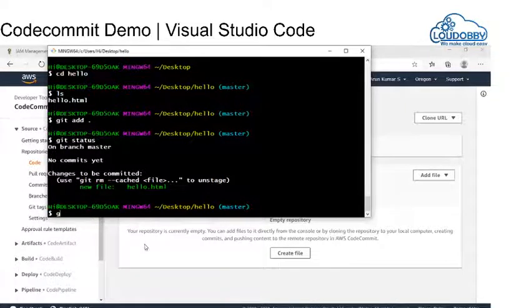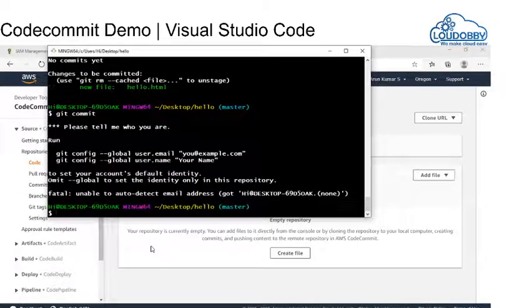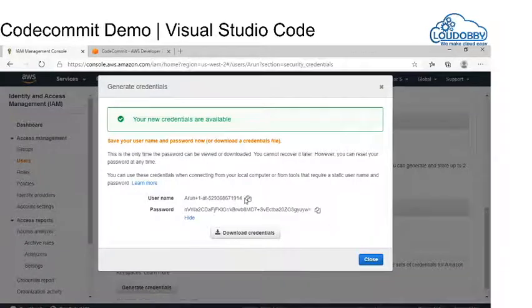I am giving git commit. So this file will get committed, but when I commit my file, it needs a username and password set in the global configuration. I will take the username and credential from this screen.